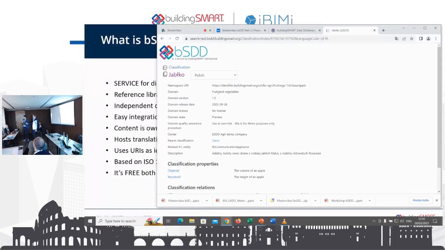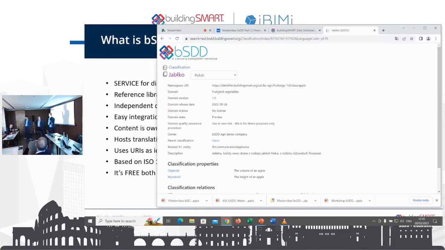If you are the owner and you care about the content, we assume that you put effort into making sure that your content is correct. I think Artur mentioned every owner has a domain, and only you can edit your domain. Other people cannot edit your domain, and so on and so forth. Okay.